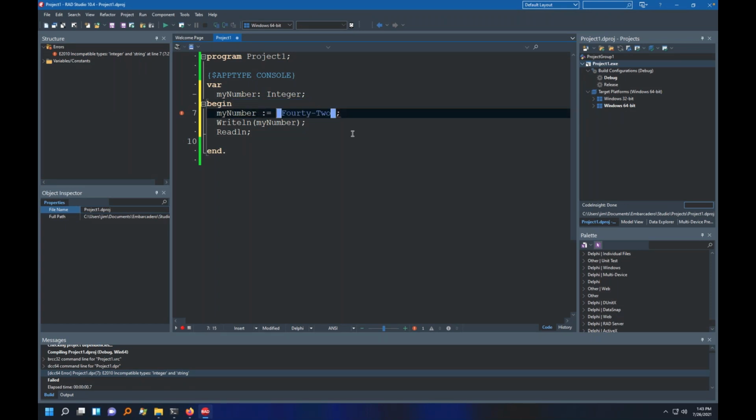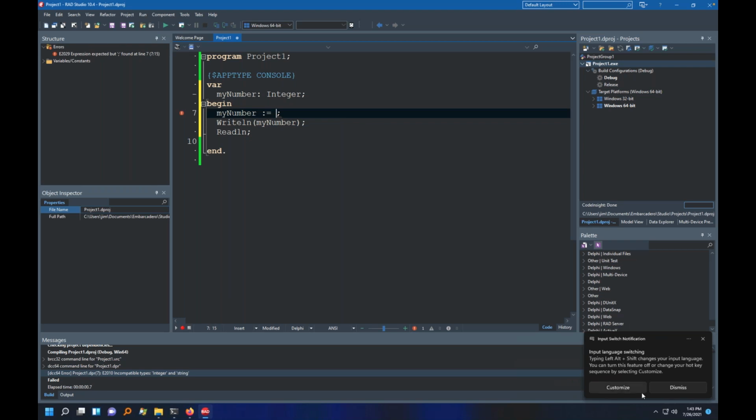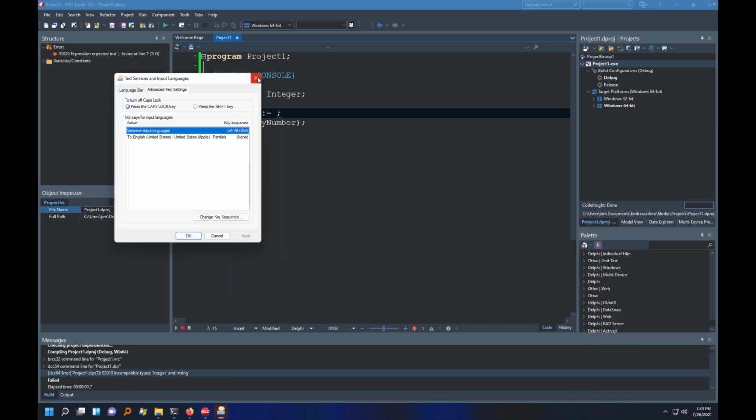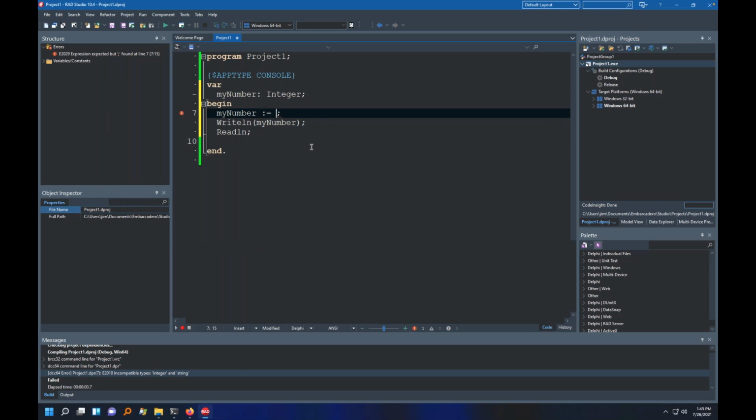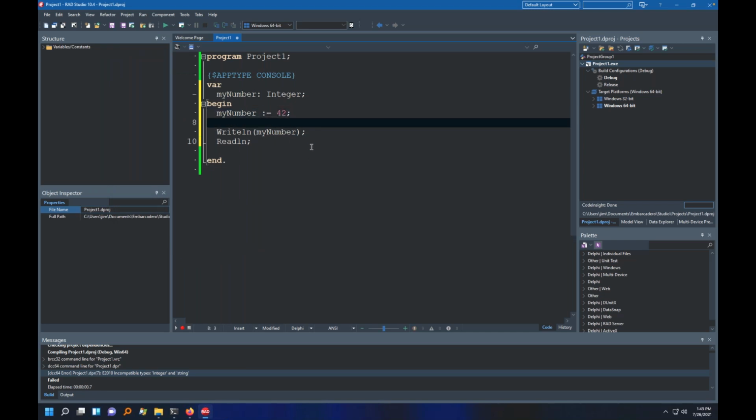No, I don't want to change what language I'm typing in. I must have tapped a key weird. Okay, so I can say my number is 42. Now, because 42 is an integer, I can do basic arithmetic with it. So I can say my number